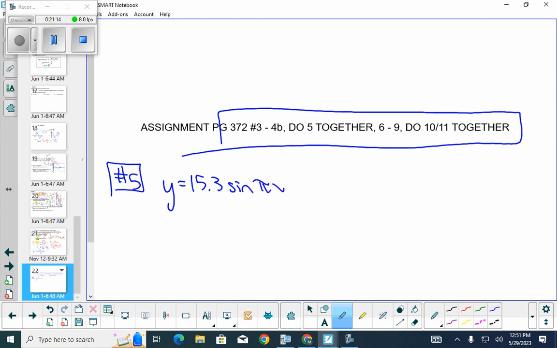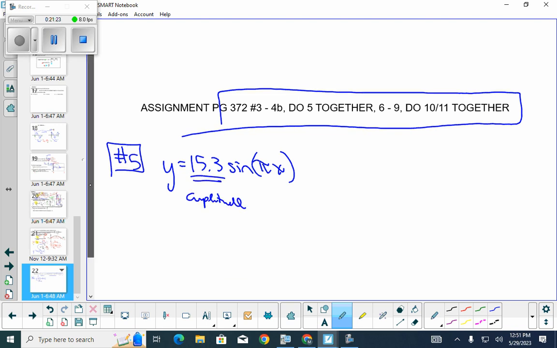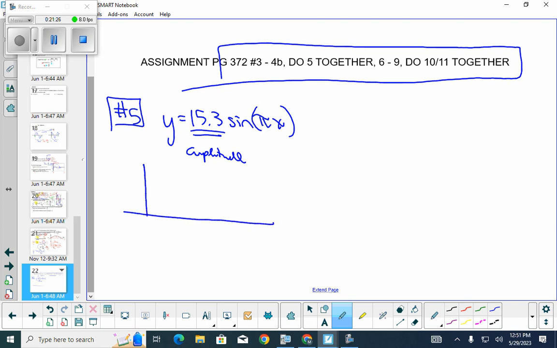So if you're going to be doing this on your calculator, window settings are everything. So this number right here, that is the amplitude. So just as a general, if you were just thinking about this, here's your wave, up, down, up. It's going to go up to 15.3 and it's going to go down to 15.3, right? That's the amplitude. So that tells you your Y min and Y max. So if you go up to 20 and down to negative 20. The period